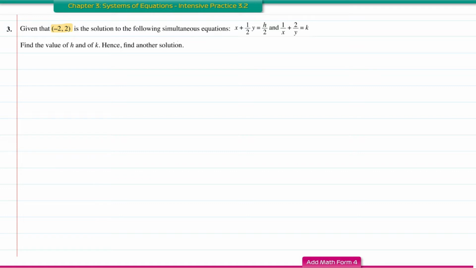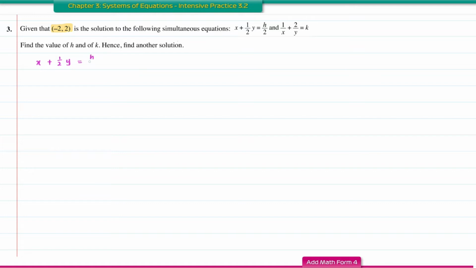So this negative 2 and 2 is the point that lies on these two graphs. So when you substitute these coordinates back into these two equations, what happens is that the value on the left hand side will equal the value of the right hand side. So now to find the value of h and k, I'm just going to substitute these coordinates back into